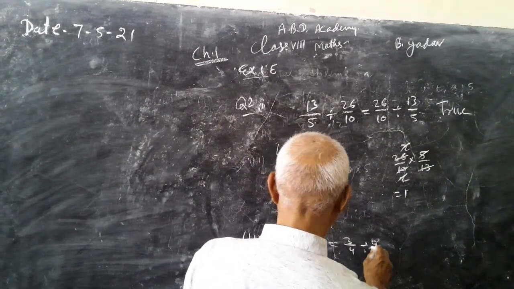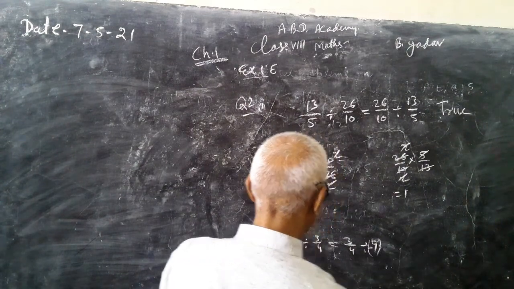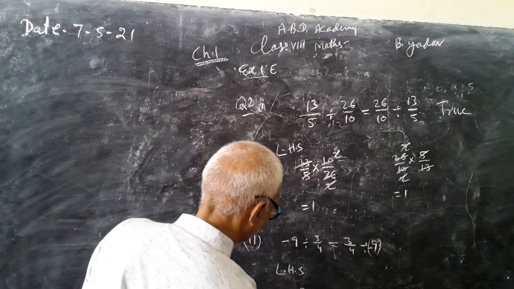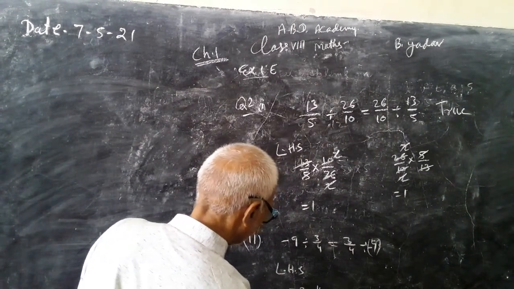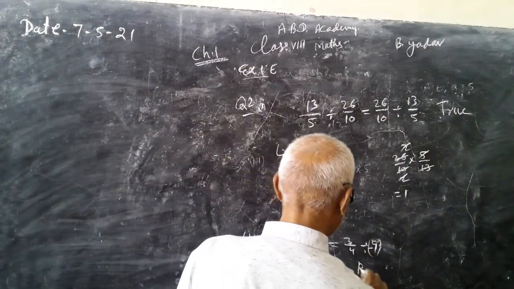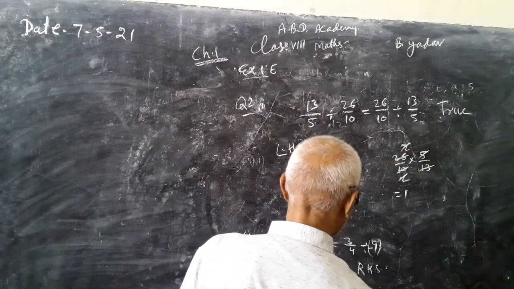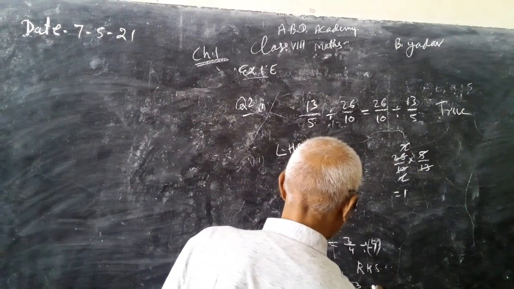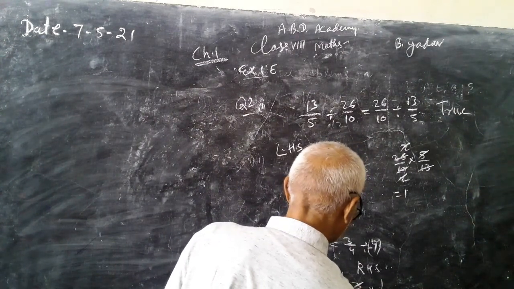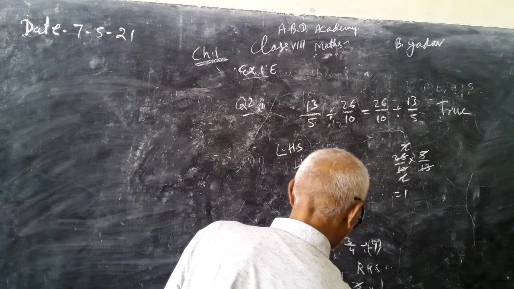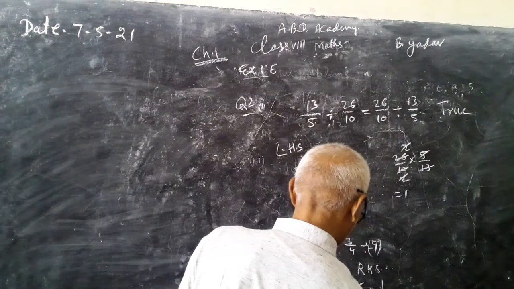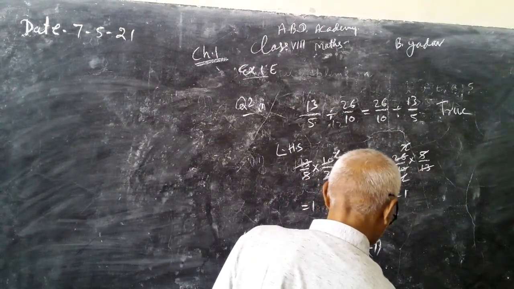This minus 9 is here. This will not be true. See here, left hand side is equal to minus 9 into 4 by 3. 3 3s, so it becomes minus 12. And right hand side is equal to 3 by 4 into 1 upon minus 9. 3 3s, it is minus 1 upon 12. Because minus 12 is not equal to minus 1 upon 12, so it is false.